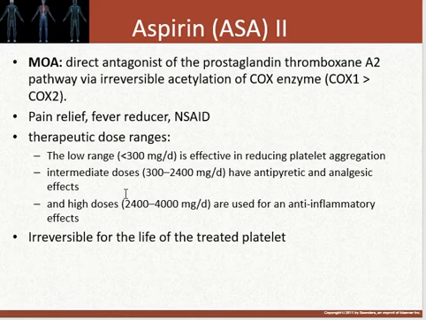But typically we don't use aspirin as an anti-inflammatory because there's a lot of GI upset associated with it, but it can be. One thing I do want you to remember is that aspirin therapy, when you look at platelet activity, is essentially irreversible for the life of the actual platelet that you're giving it to. Most platelets last anywhere from 7 to 9 days. That dose of aspirin essentially is going to inhibit the COX enzyme in those platelets for 7 to 9 days.